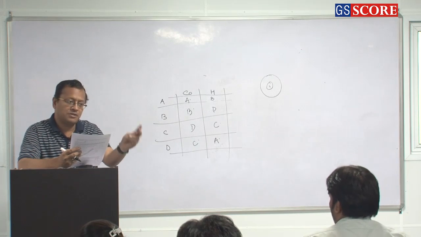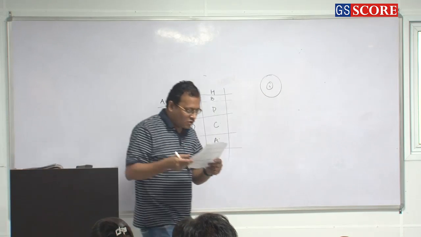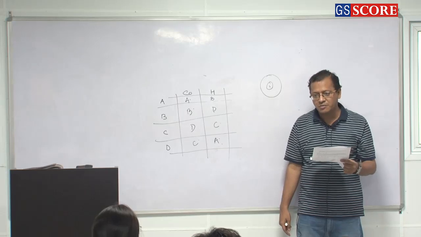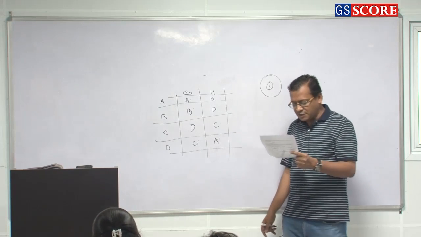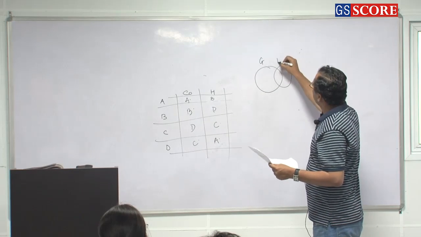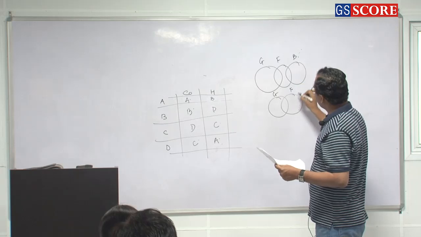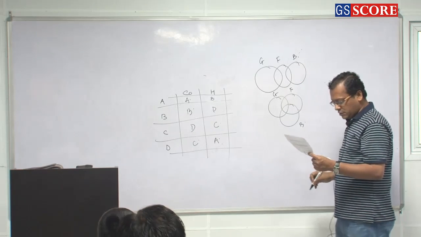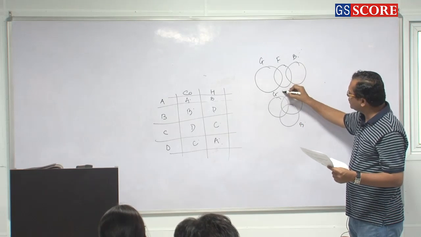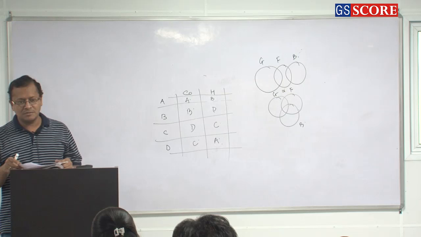You just have to write the option here, please. Okay, all boys are mothers, all mothers are fathers. So all boys are fathers, definite follows. But all mothers are boys, some mothers are boys. Okay, some girls are flowers, some flowers are books. Some girls are books, no book is a girl. So either this or this will follow, which means either one or two follows, that is, option number C is your answer. Clear or not?